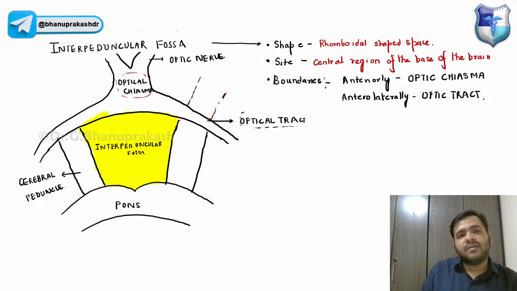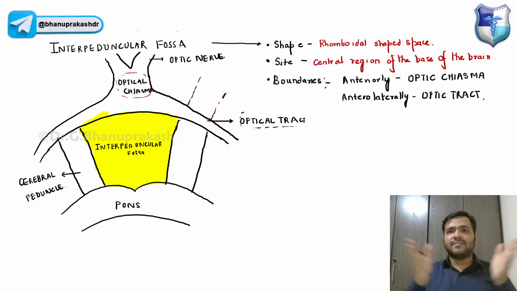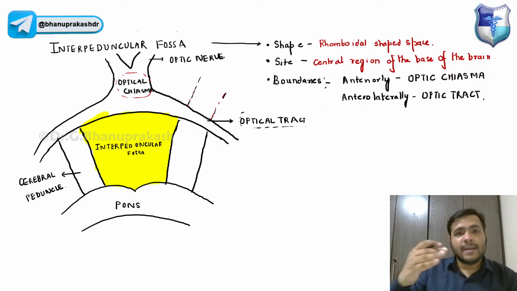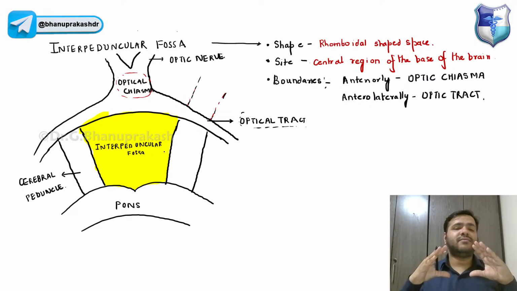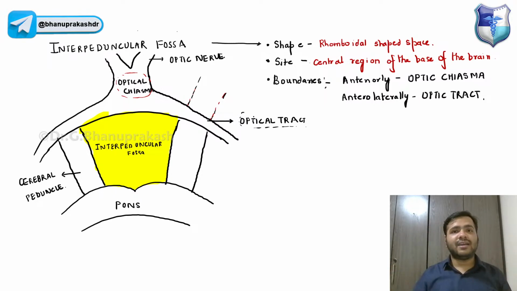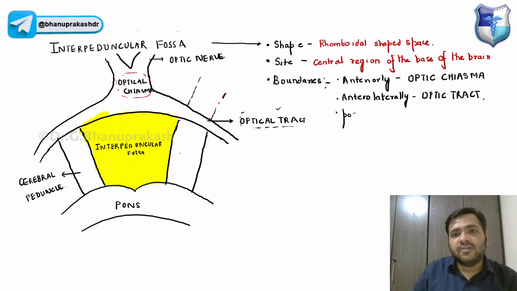So guys remember this fossa, आगे की तरफ optic chiasma है, anterolaterally आप लोग को optic tract देखने को मिलता है, ठीक है। पीछे की तरफ आपको ये cerebral peduncles दिखेंगे जिनकी ये boundary बन रही है, ठीक है। So you have to assume guys कि इस fossa के आगे optic chiasma है और आगे और lateral side पर optic tract है, but पीछे की तरफ posterior side पर और lateral side पर आपको देखने को मिलेगा that is the cerebral peduncles, right. Posterolaterally we have these cerebral peduncles,